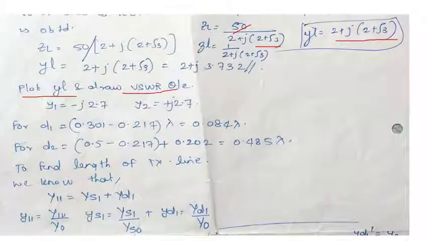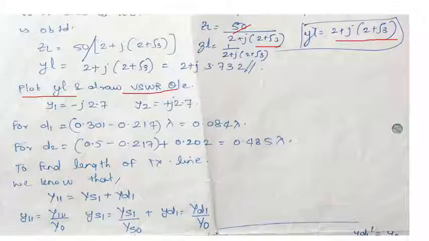Now after taking that, how did you get this y1? After you plot yl and draw the VSWR circle, you will observe that the VSWR circle will be intersecting the unity conductance circle at 2 points. Going in the clockwise direction, the first point will be your y1 and the second point will be y2. The points are explained in single stub matching, in shunt and series both. It's the common procedure we have been following till date.